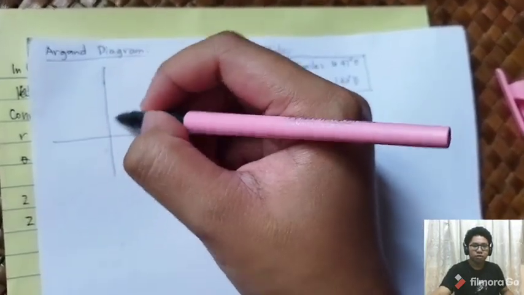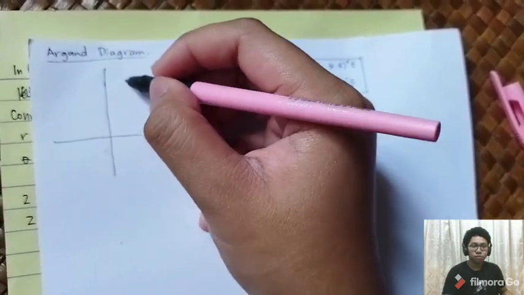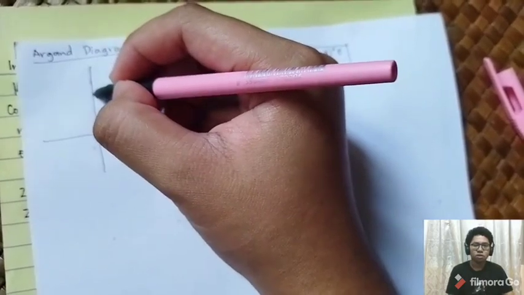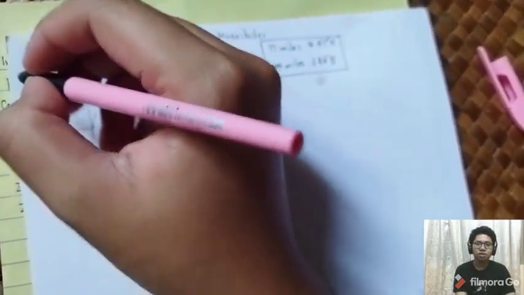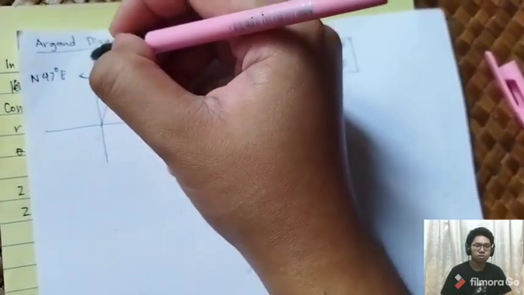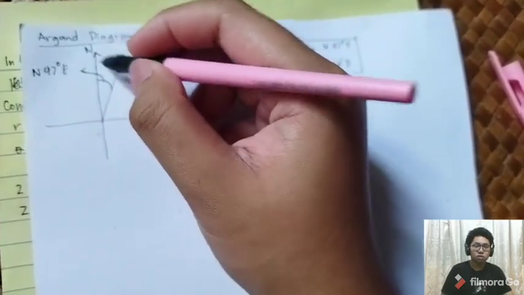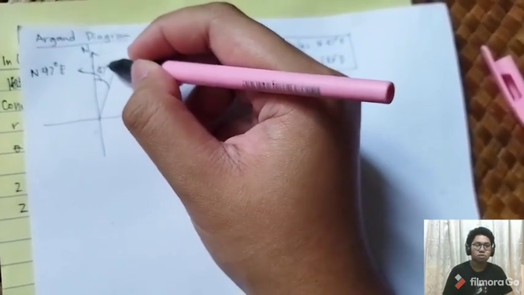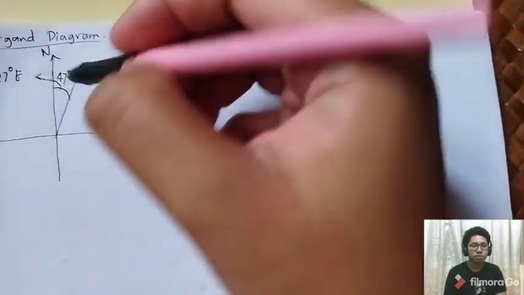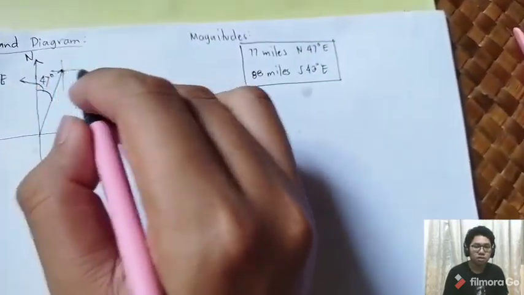So first, the ship will sail from the port. We will label the port as the origin. So that is 47 degrees east from the north. Whatever comes first, that will be the direction, and from that direction it will travel to the east with 47 degrees, and then the ship will sail